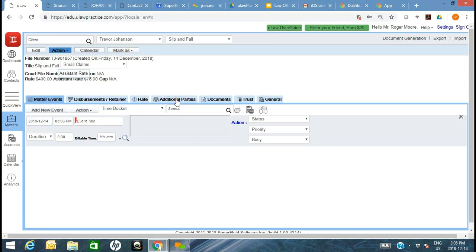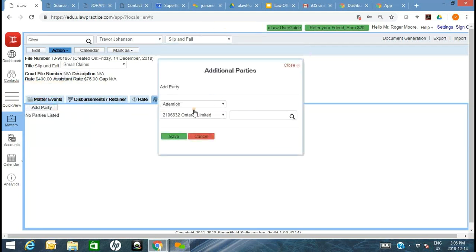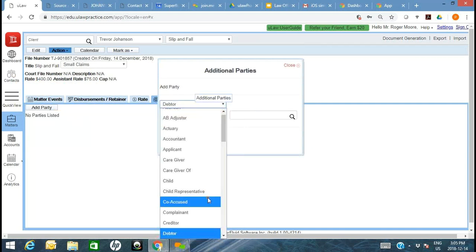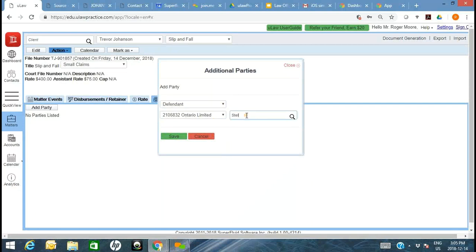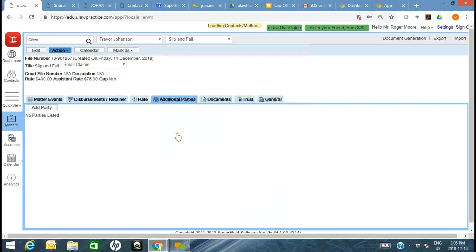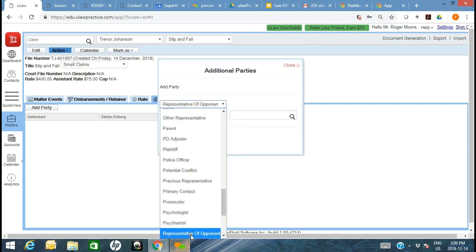So let's assume Trevor is the plaintiff. You can also add the defendant's information. That's why it becomes very important that you also mark the contacts as per the different parties. So you can bring up, add the party as a defendant, and let's search up a defendant, Mr. Stefan Edberg. Now you've associated a contact to this particular client as a relationship to this file as the defendant. Maybe it's Trevor versus Stefan, should have been the slip and fall title, right? Likewise, you can also add the representative of the opponent